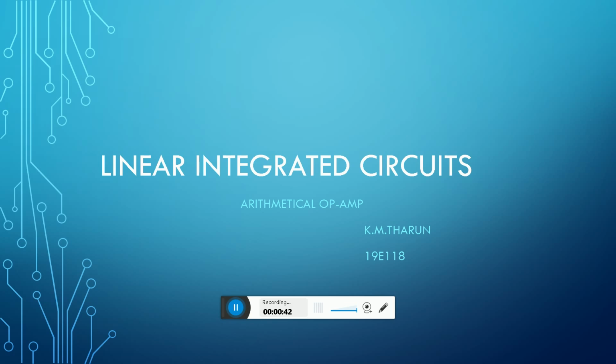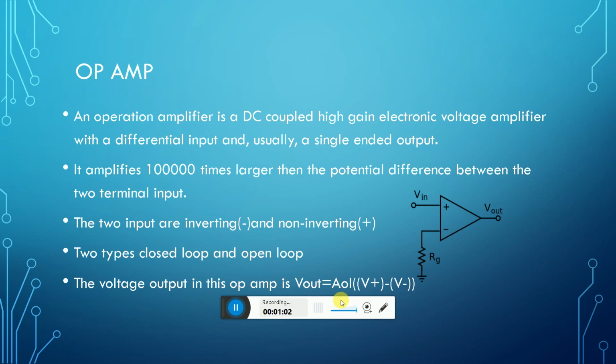So this is constructed by using simple components like resistors and capacitors. So it will be very easy to understand. First, let us see the operational amplifier. This is the basic circuit diagram of an